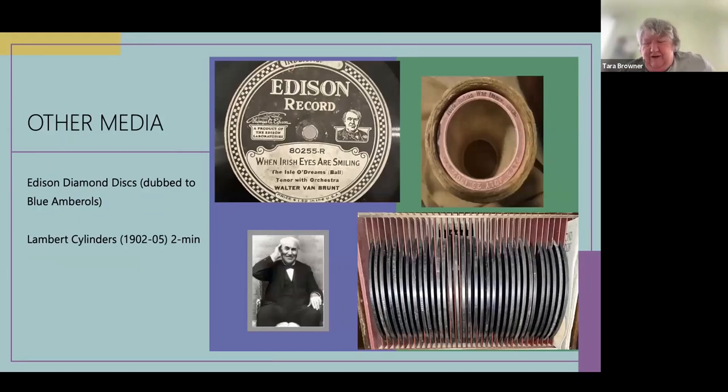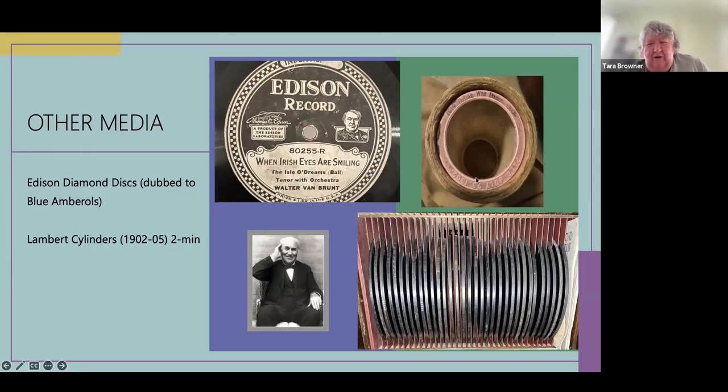Okay, I'll hurry and finish here. Other kinds of media. Edison eventually created his own records on what's called the Edison Diamond Disc Player. I've got some of them down here. I don't know how familiar you all are, but they're like giant pancakes. They're really big, and the players are very different from the standard Graphophone or Victrola, where they move straight across. It's hard to explain. But anyway, he did sell a fair number of these.